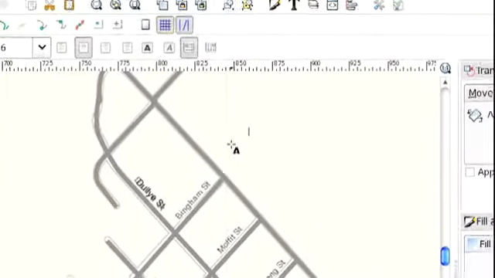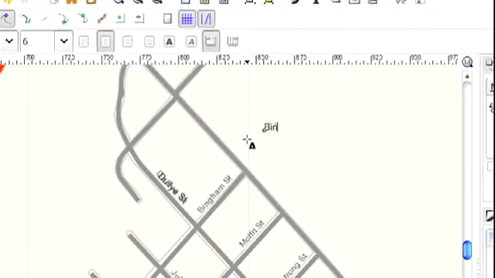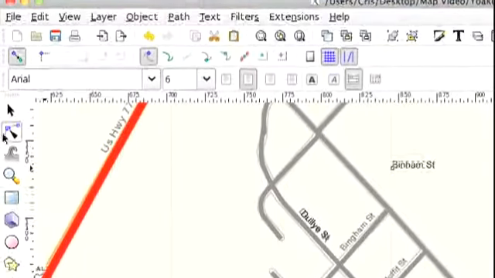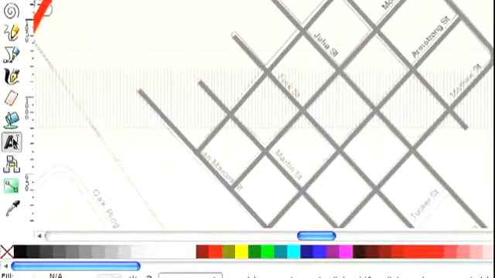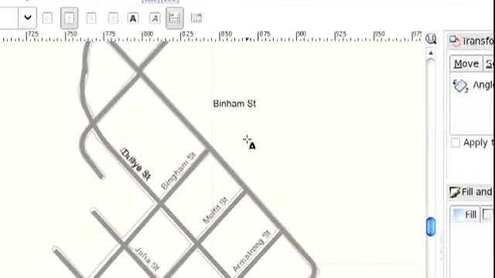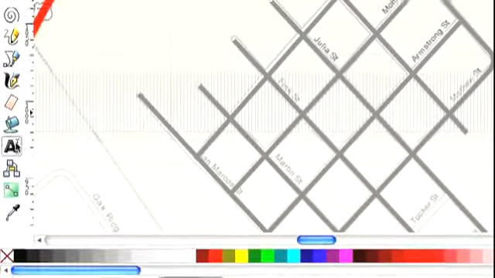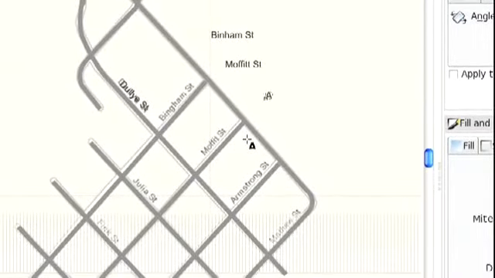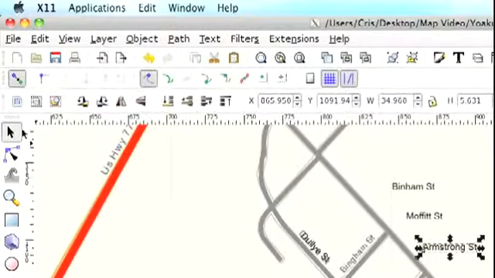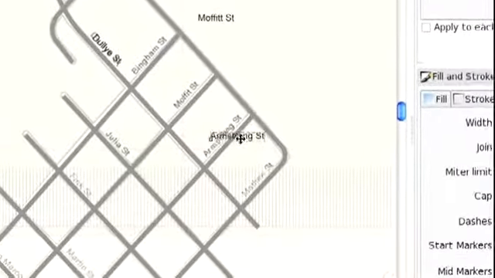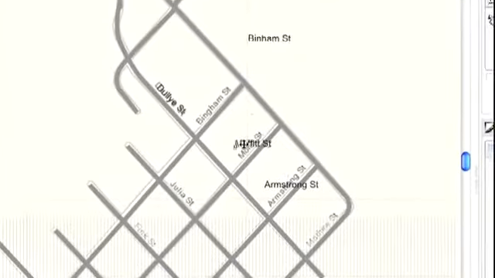If you want, what I usually do is I'll do them in groups. So I'll do Bingham Street, and then click to select, unselect, do the text, and then do Moffett Street. Same thing, click to select, select the text, Armstrong Street. And what this lets you do is then you can come back, and now you've got these. Now all you have to do is just bring these over here,